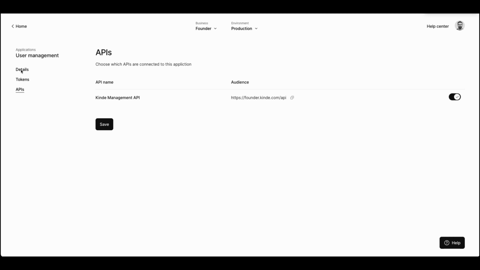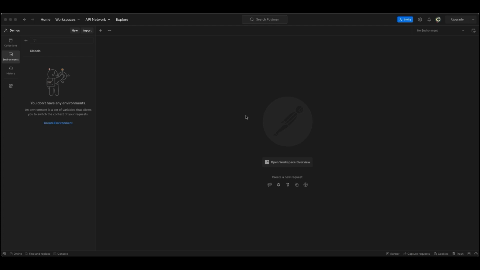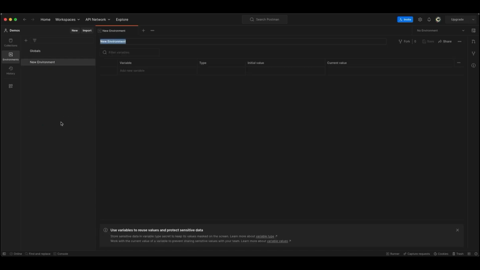If we then go back to the details screen, we can now use the app keys provided here in Postman to connect to the API. So we can now move over to Postman. Postman has a concept of environments, which you can use to store multiple variables to reuse throughout your requests. So I'll start by creating a new one called Kinde Production, and then we'll create 3 variables with